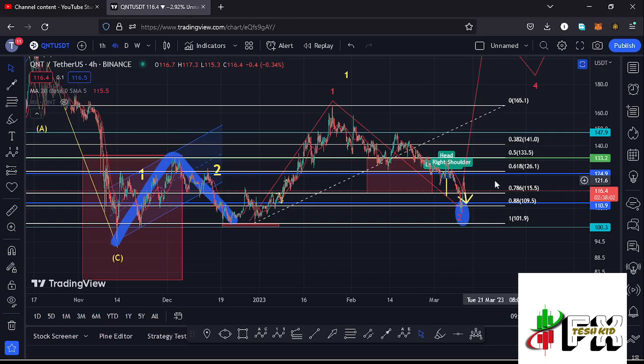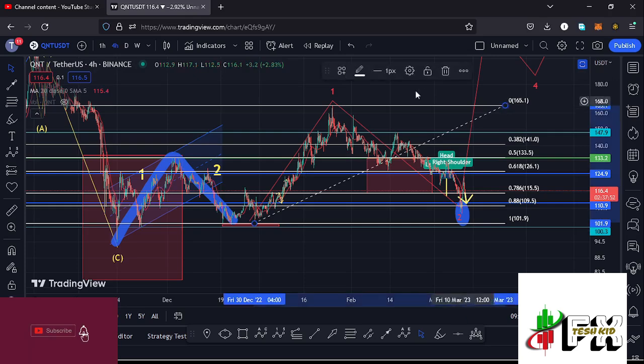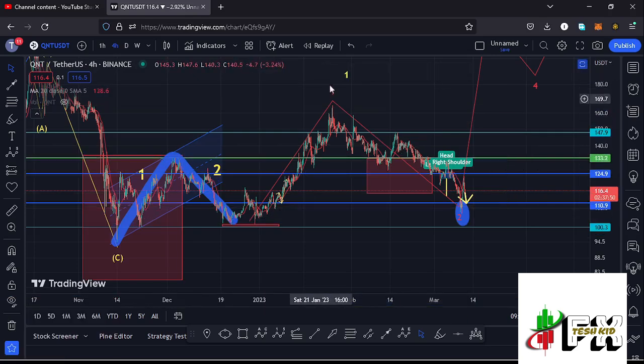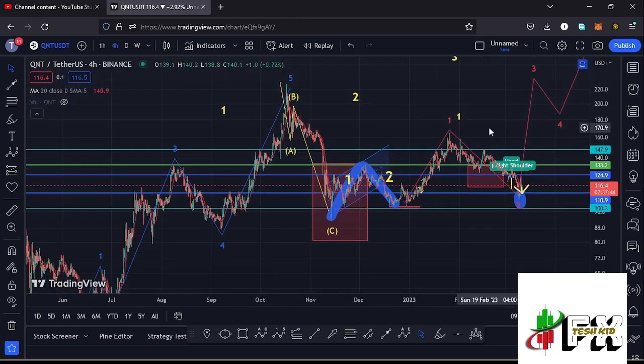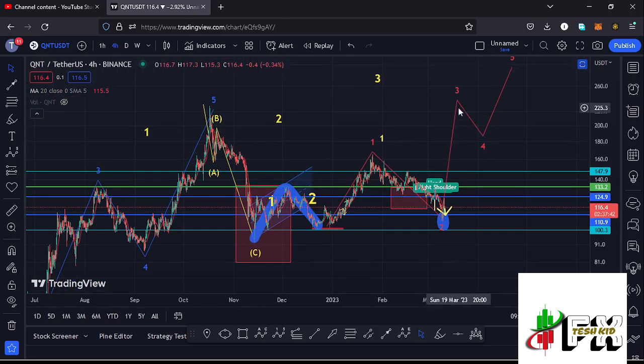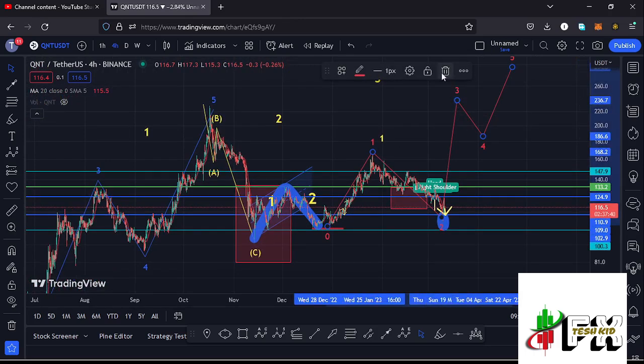But since we have lost the fib level 0.78 and even lost the fib level 0.88 at around the $109.5 mark, that is now putting a major challenge on the formation of these 1-2 setup to the upper side. And that brings about the other possible scenario that could be playing out over here, suggesting that there are chances that whatever we are seeing over here is just an